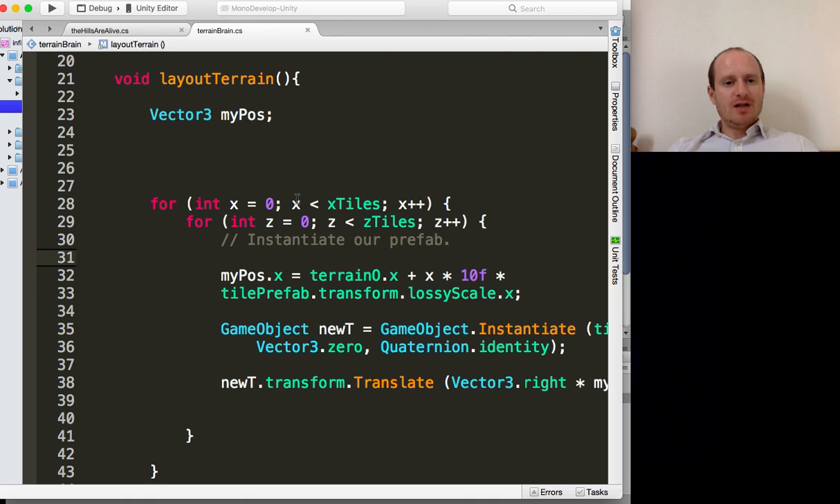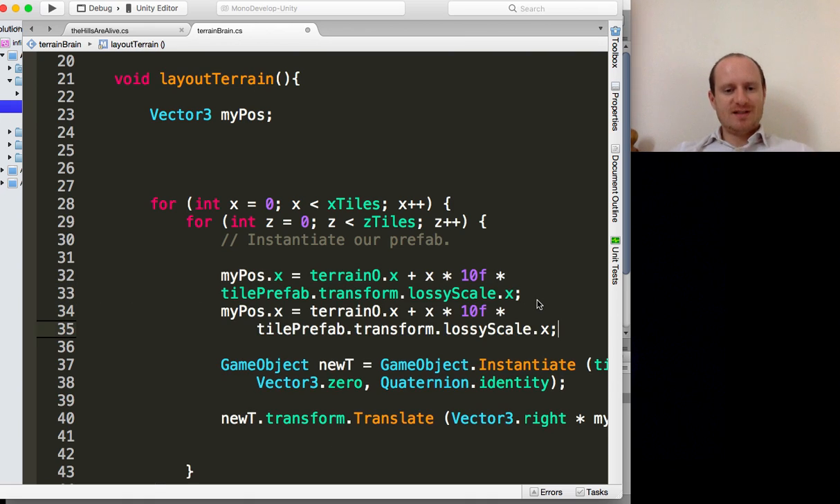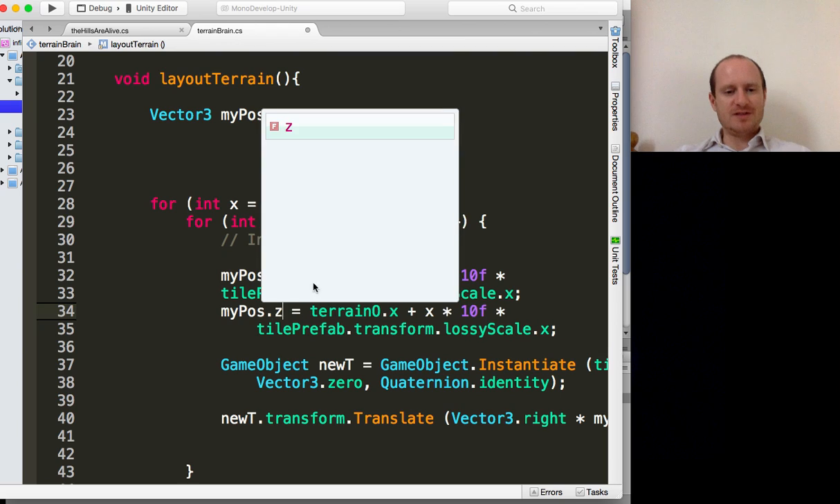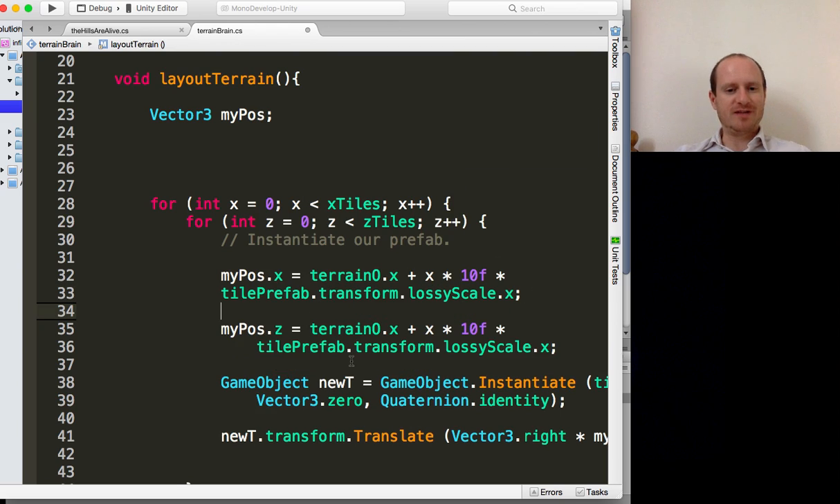Okay, so we've done everything for the x. Let's now do it for the z. And oh, we haven't translated it in the z position. So my position z, I should leave a space there so that it doesn't look too complicated. So where is my z position? My z position will equal the origin's z position plus what row we're in. Or is that column? I can't work that out. That's a column, isn't it? No, that's a column. So which row we're in, times 10, times the scale of the tile on the z dimension,